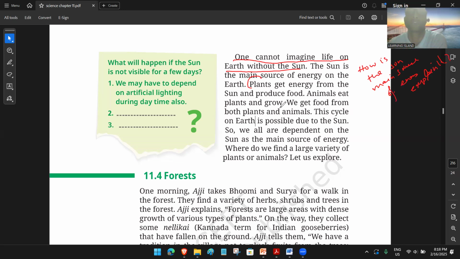Animals eat plants and grow. We get food from both plants and animals. This cycle on the earth is possible due to sun. Okay, so we all are dependent on the sun as the main source of energy. Okay? This is the answer of this question. Okay? Now,